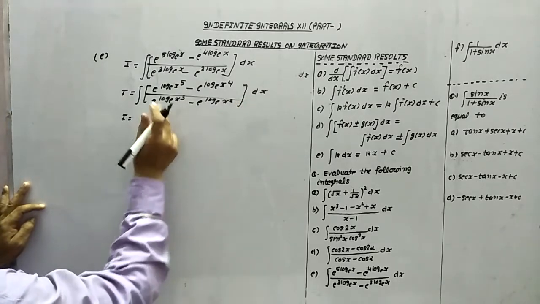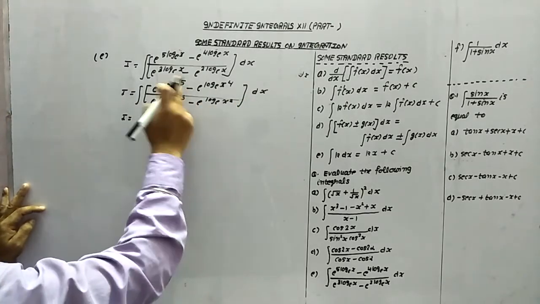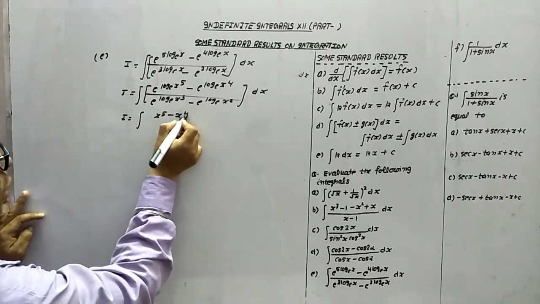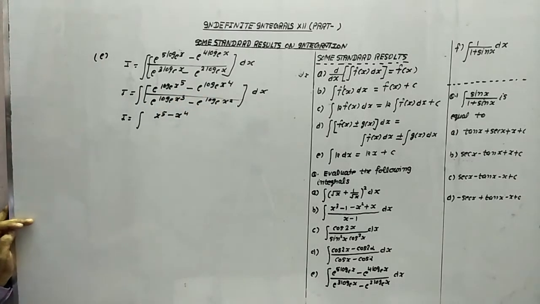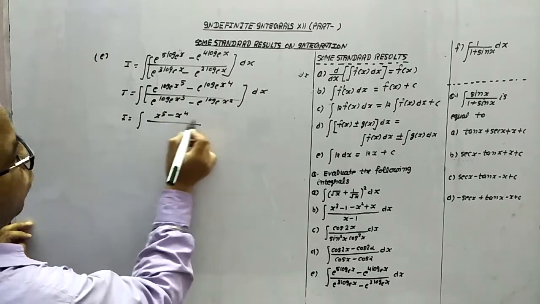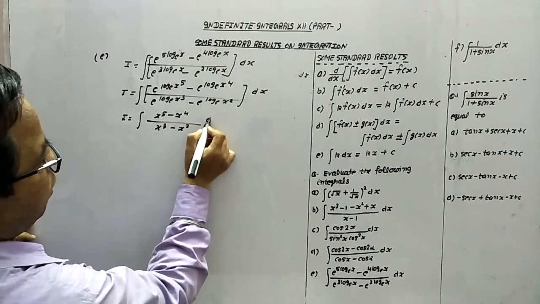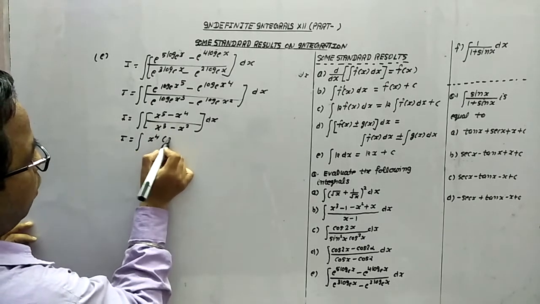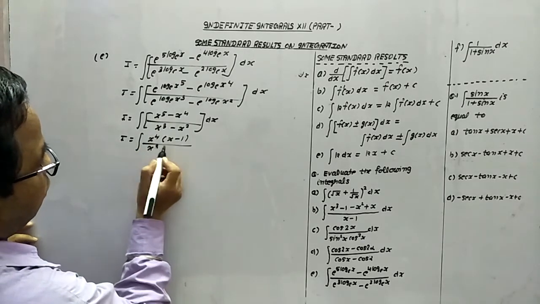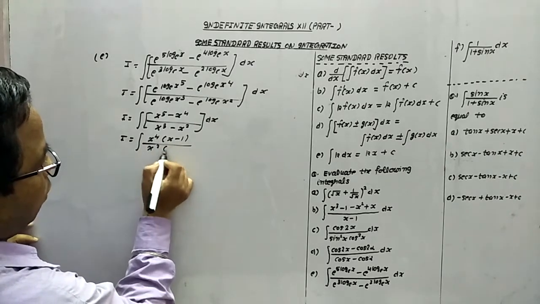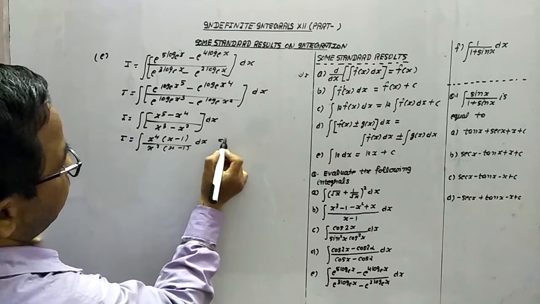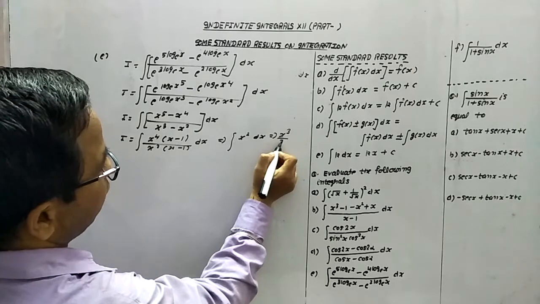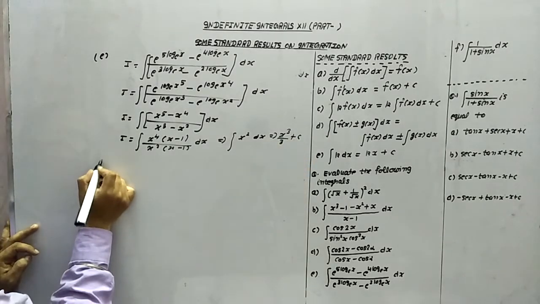Now I equals, e log e cancels out. You know the concept of this part. So what will come here? x raised to power 5 minus x raised to power 4, because this concept we have already explained in differentiation, upon x cube minus x square, dx. Now what is common here? I equals the integration of x raised to power 4 common, x minus 1, upon x square common, x minus 1, dx. It implies this is x square dx. So what is the integration of this? x cube upon 3 plus c. So this is the way to do this part.